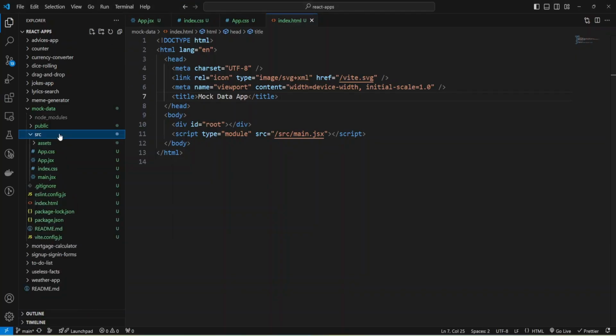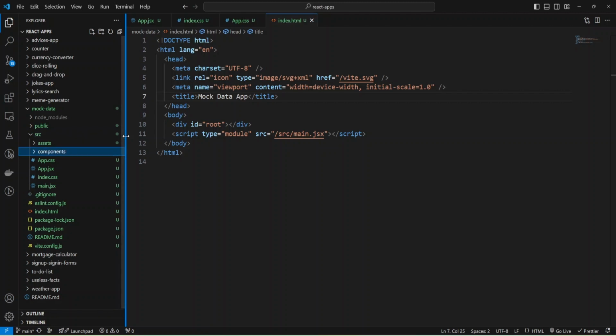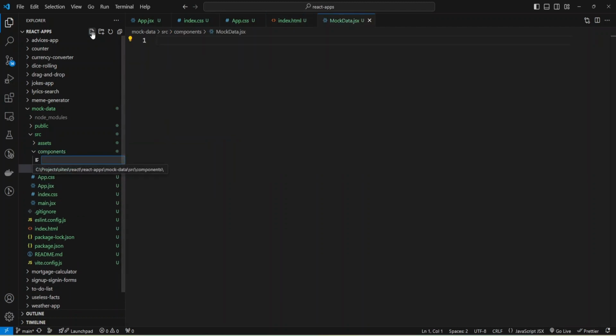Inside source files I'm going to create a new folder for my components, and I'll have one component, MockData.jsx, and let's add MockData.css for some basic styles.